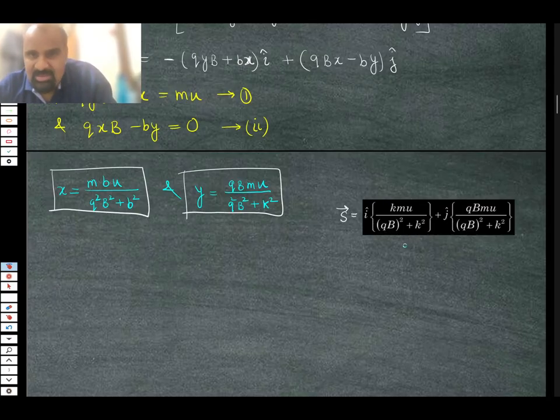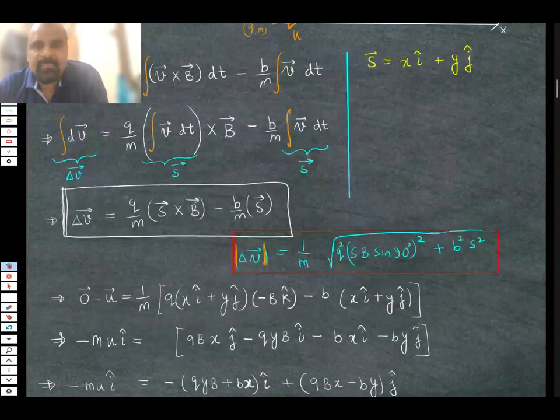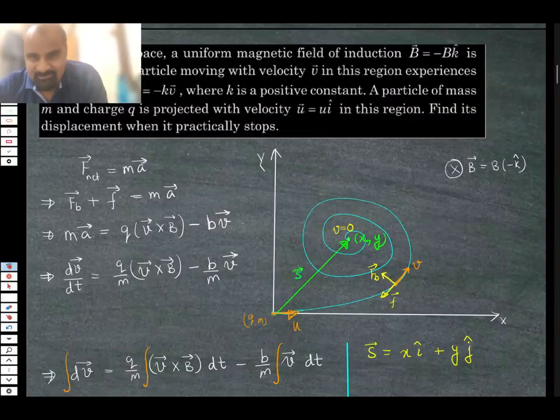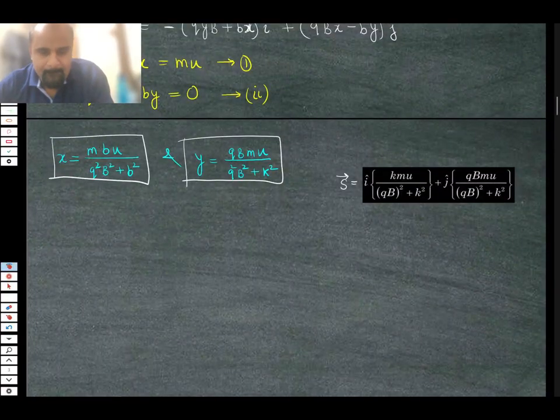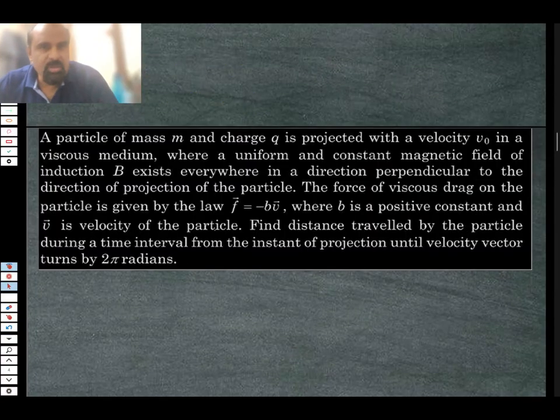Now we will solve the next question, which is also exactly the same question, but in the next question they have asked angle rotated. All right, this is the next question. Let's read it. A particle of mass m and charge q is projected with a velocity v naught in a viscous medium where a uniform and constant magnetic field b vector exists everywhere in a direction perpendicular to the direction of projection